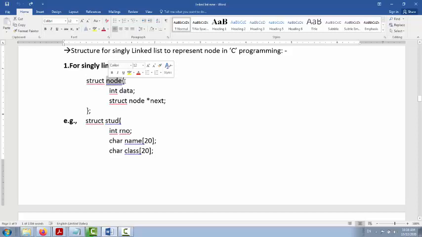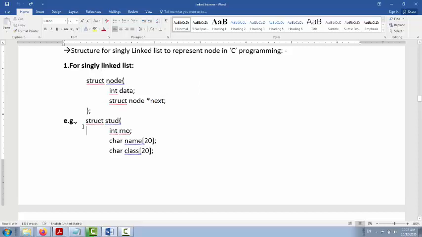Node is the name of the structure, and inside the node we put the integer data, and struct node star next, which means a pointer to this particular node. It will store the address of the next node. Then the structure is over, with a semicolon.